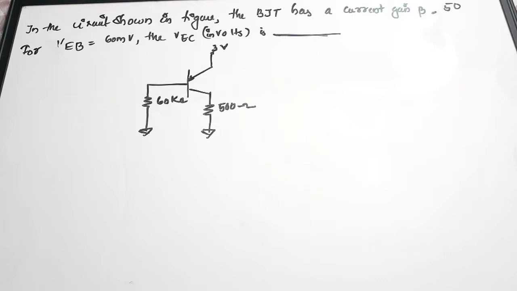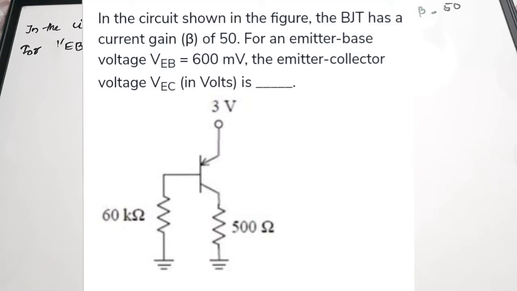Let's see the questions from the BJT session of EDC, electronic devices and circuits. We'll be seeing some difficult questions of the BJT session. The first question is: in the circuit shown in the figure, the BJT has a current gain of beta equal to